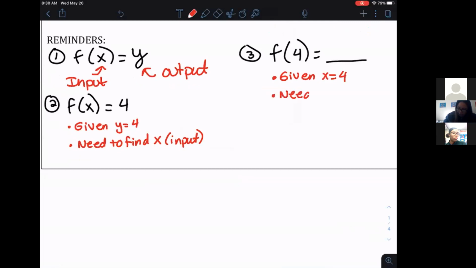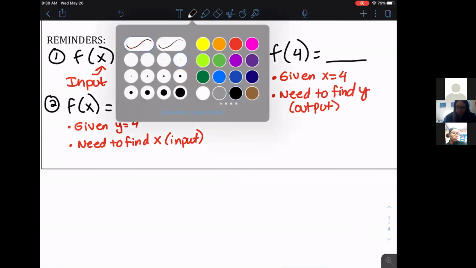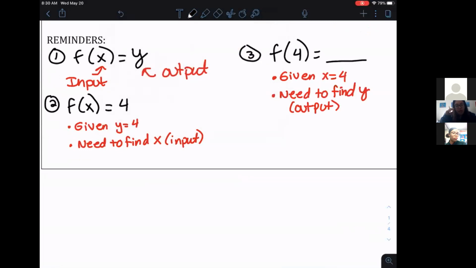And we need to find y or the output. 3 major things we need to remember. X is our input, y is our output. Sometimes we're given one or the other. And finally, the last thing we want to remember is what Kyla pointed out for us at the very beginning